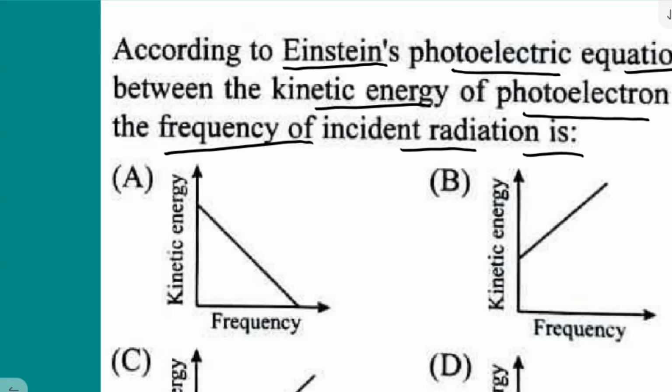Here y is equal to kinetic energy, and m, that is slope, basically that will be equal to Planck's constant. So slope cannot be zero here. So it will be inclined because slope basically is equal to tangent theta, and here this has some value. So this has to be some inclination, and we can say x will be frequency,